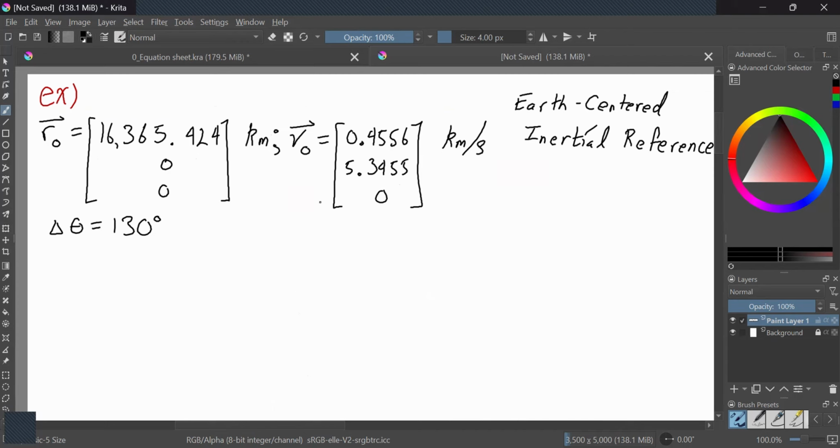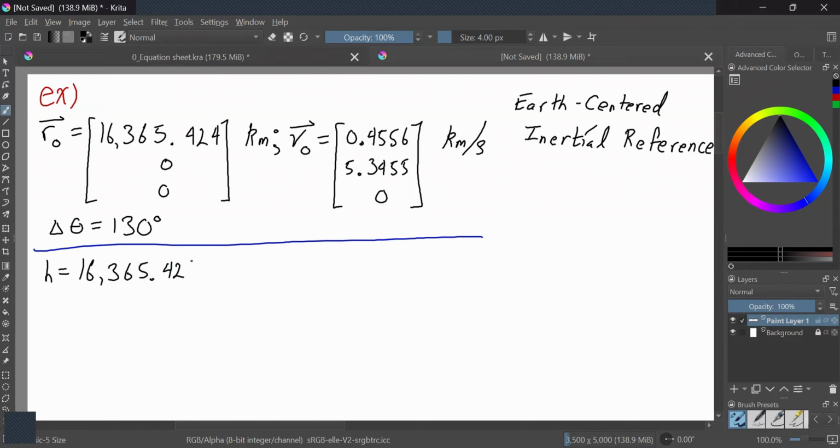Because there is no velocity in the z dimension, and actually let me do this just so I can keep track of what's what. So we're going to start with our h being our r, 16,365.424,